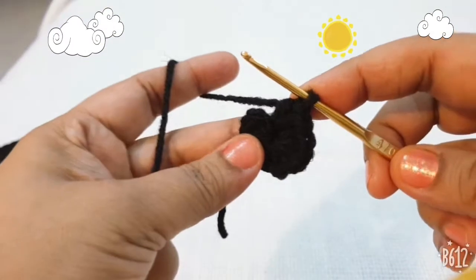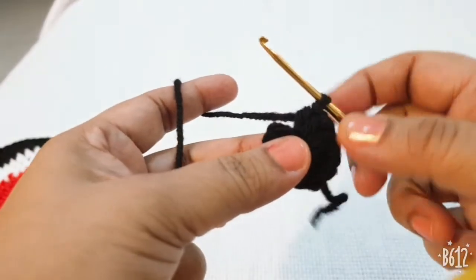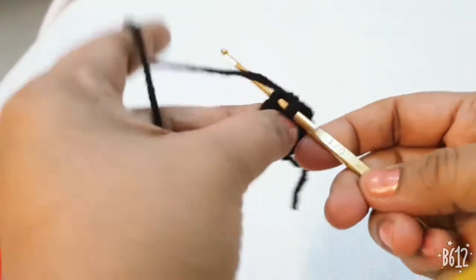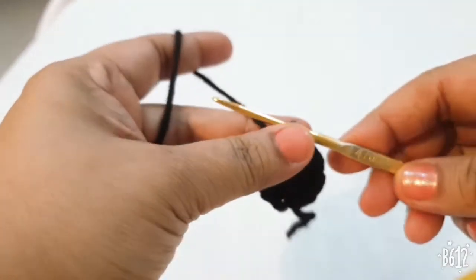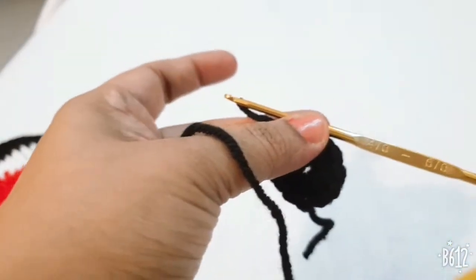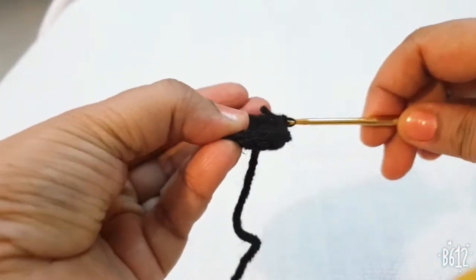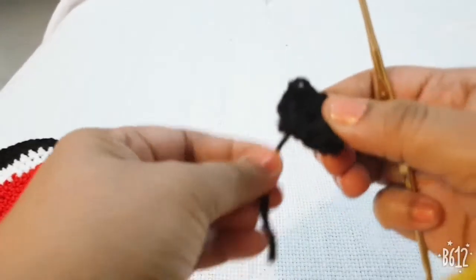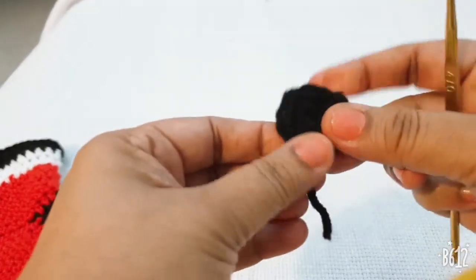I have completed my 10 half DC in the same stitch, and then you join it with the very beginning chain with slip stitch, and then you cut your extra yarn, and you make the same circle one more piece. You make one more,